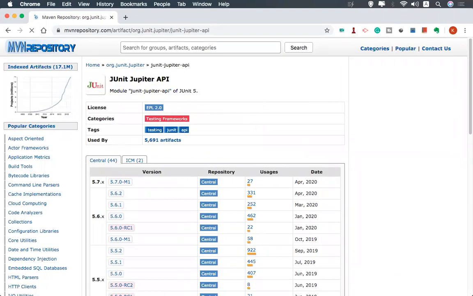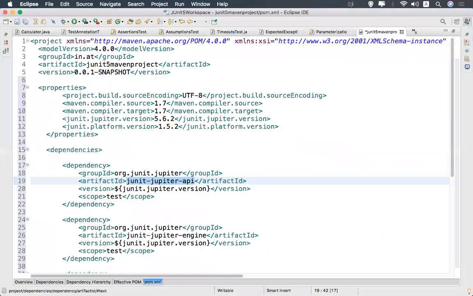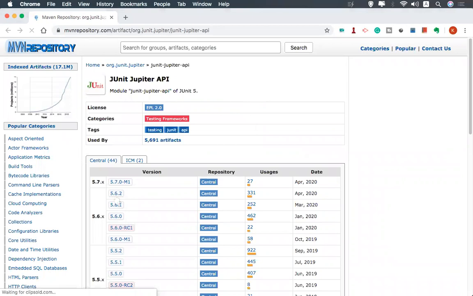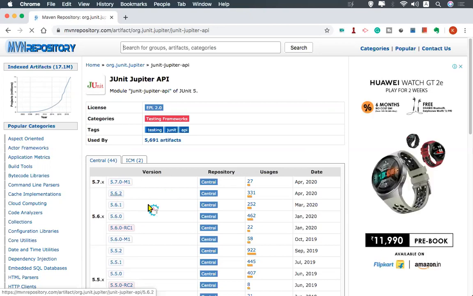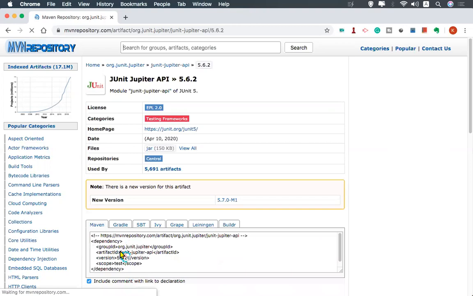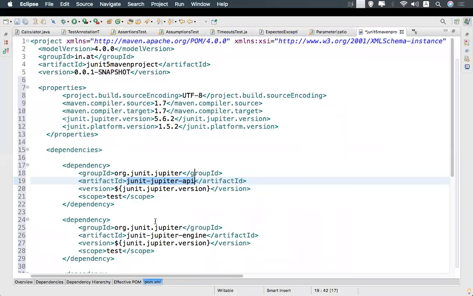I have taken 5.6.2. The latest is M1, so I took 5.6.1. When you click on this, you'll find the dependency here. You need to copy paste. That is what I did. This is the dependency I have taken from here, and I copy pasted the remaining ones in the same way.